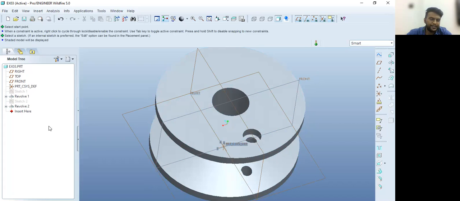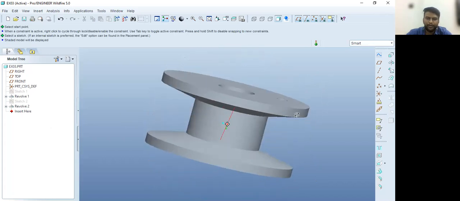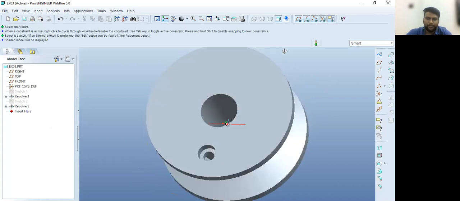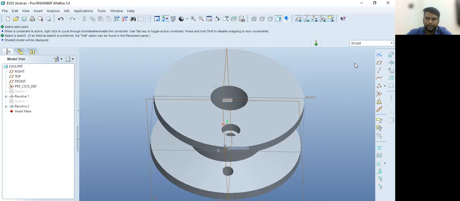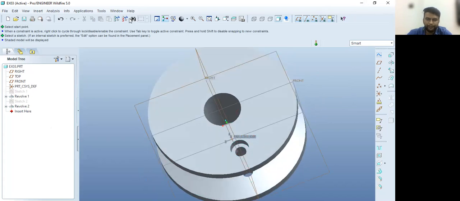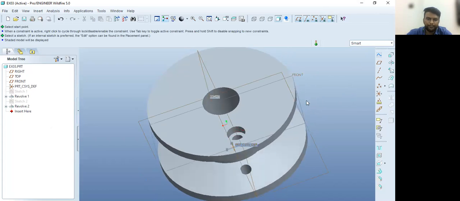Now, once you have created this particular hole, we need to make a number of copies of this hole. To make the copies, we need to use a tool called the pattern tool. To use that tool, first we need to select the particular feature that we want to make the copy of.